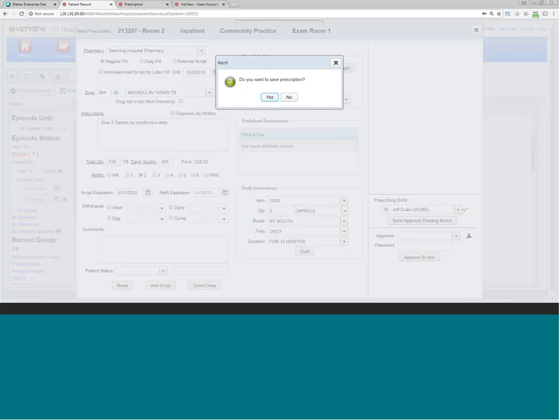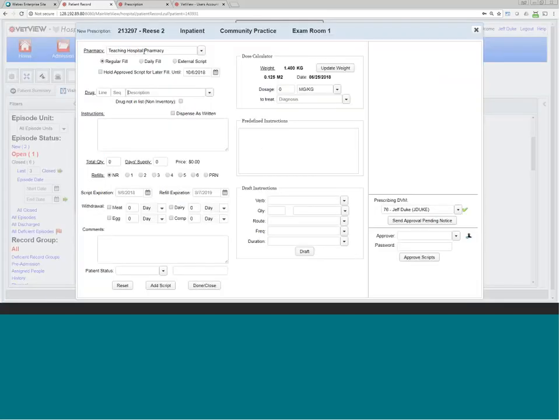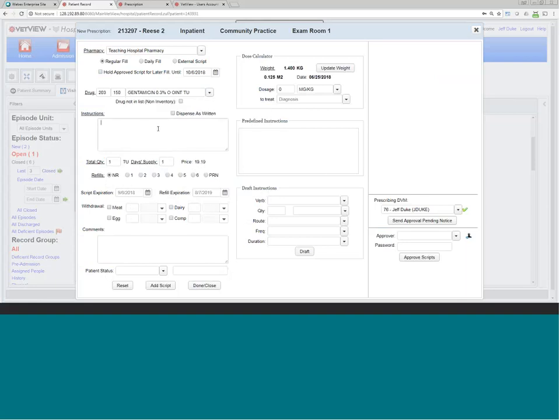All right. So a couple other small things. Before I move on, let me actually put in a daily fill here real quick and a hold. So let's just do Genocin topical. And then some kind of stuff. I'm going to say hold this until there. Add that. And then put in